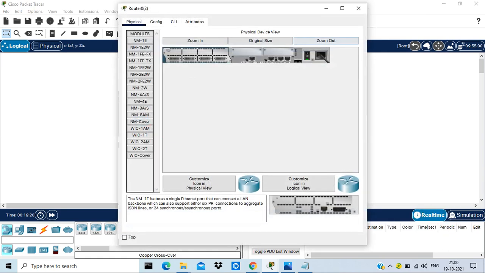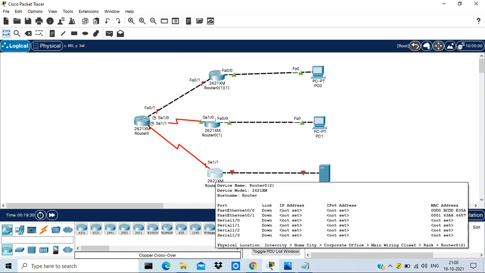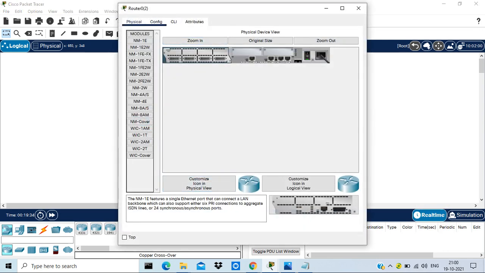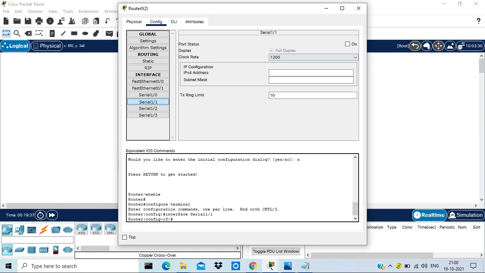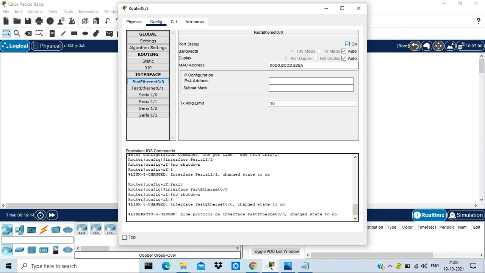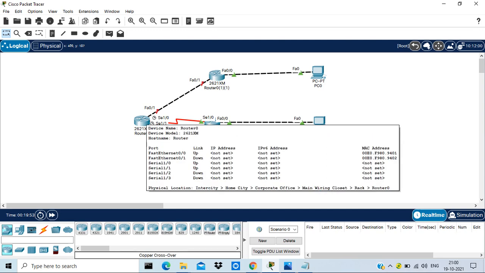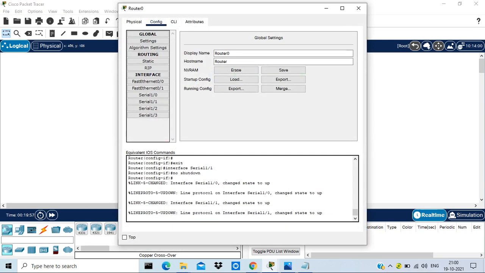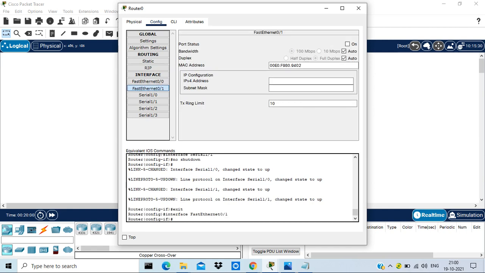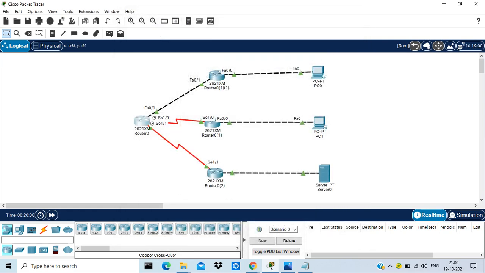Similarly, the branch 3 also, it is AC 1/1 and FA 0/0, FA 0/1. Yeah, so all the links are up, right?